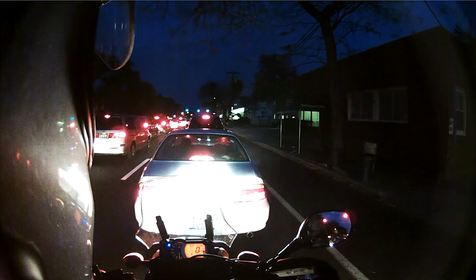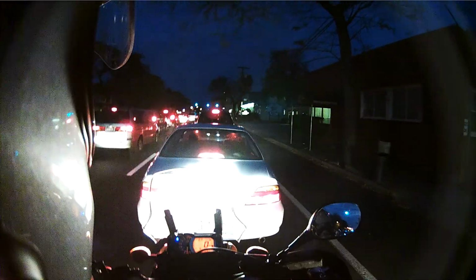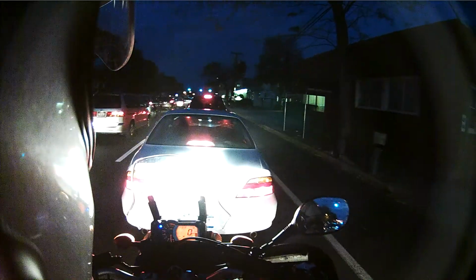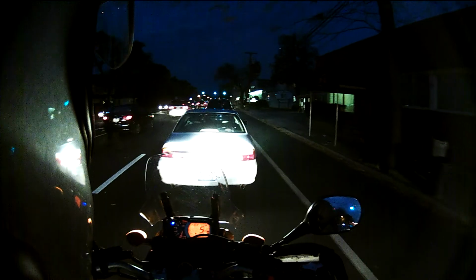I would say so far most of the owners that I've seen talk about it on forums or whatnot love riding the bike. So I mean, it did something right if everybody is talking about how much they like riding it. So